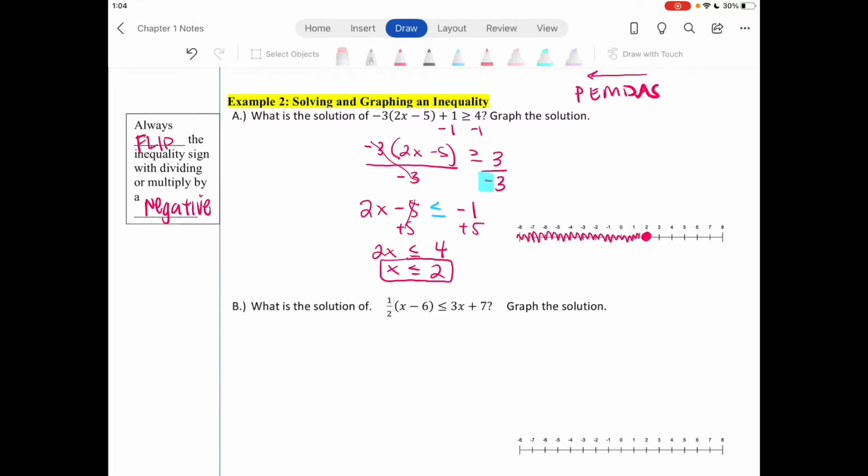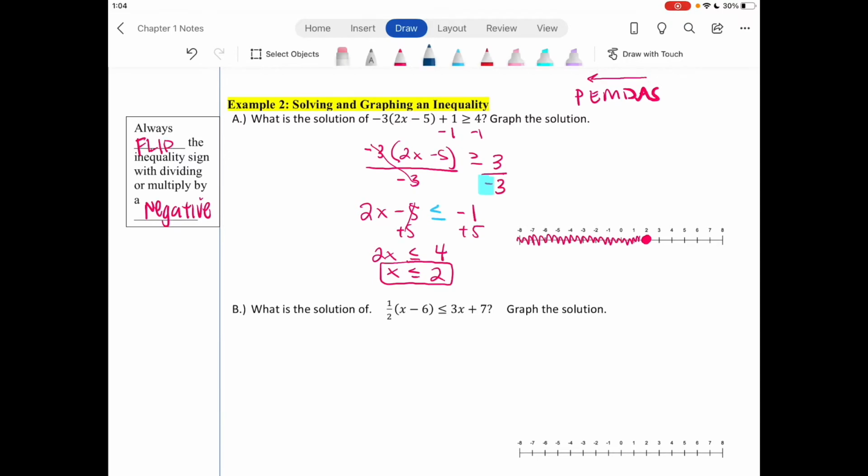Our next example is really similar, except here we have a fraction we're going to have to get rid of, and we have x on both sides of our equation. Remember that if we want to cancel out a fraction, we need to multiply by its reciprocal. So we're going to multiply both sides by 2 over 1, which is really just 2. And that will cancel our fraction out. So we have x minus 6 is less than or equal to, now it's 6x plus 14 on that right-hand